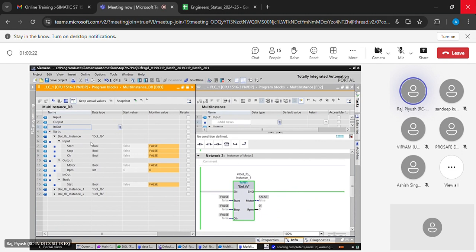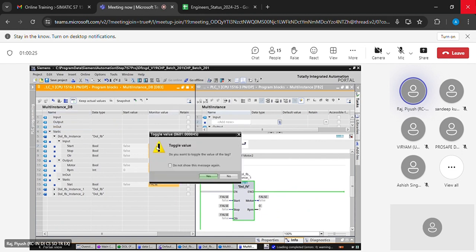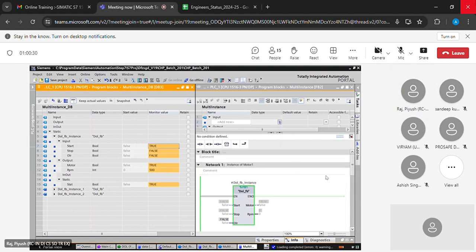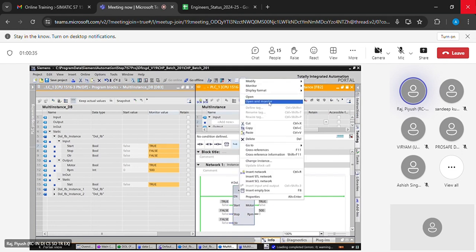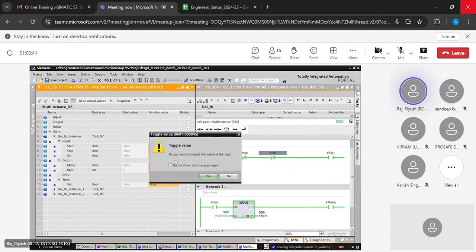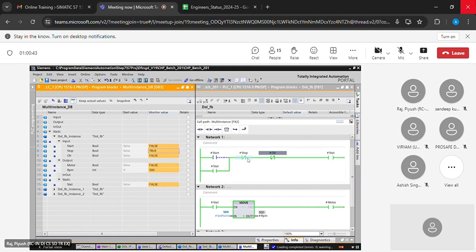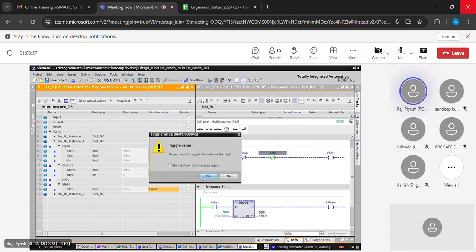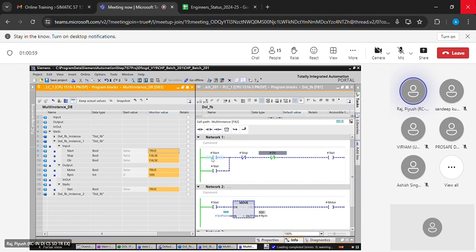So anyhow, if you want to execute, there you can see, this is my first instance. As I turn it on, here you can see it is on now. And if you want to monitor, here you can see, here it is start. If you give the stop command, now here you can see it has become stopped. Now for the second instance, this is my second instance. If you want to give the start command, this should get start, but